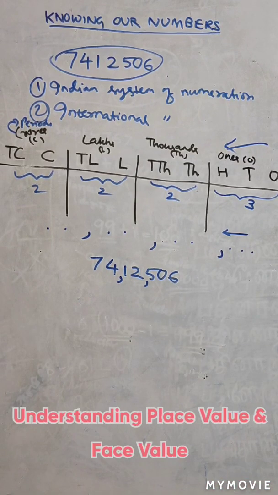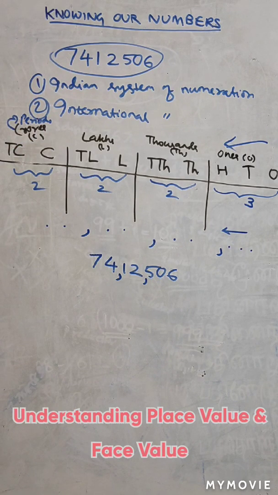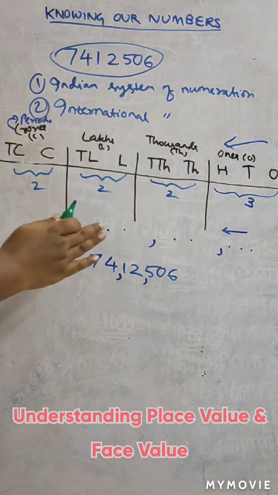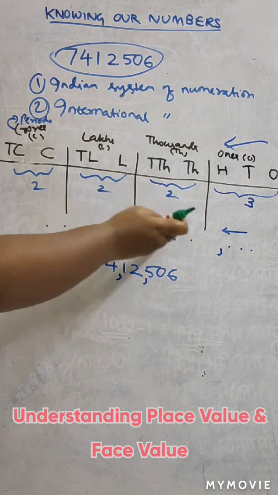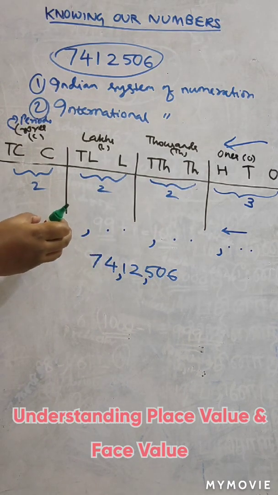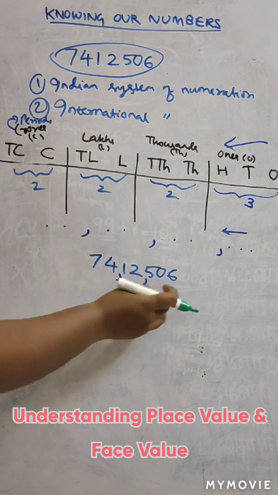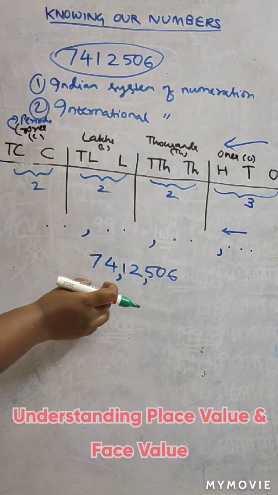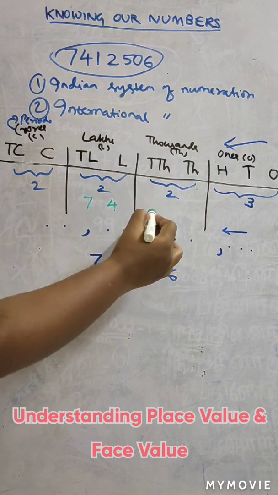Now there are 2 important terms that need to be learned, that is the place value and the face value. Here we saw the number 741256, and we'll try to place it in this place value chart. Here we are trying to simplify the process of writing numbers by placing them into the correct position in the place value chart. I have already separated the given number by commas. So if I write it in the place value chart,